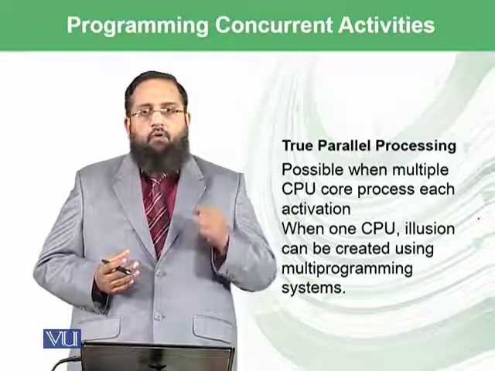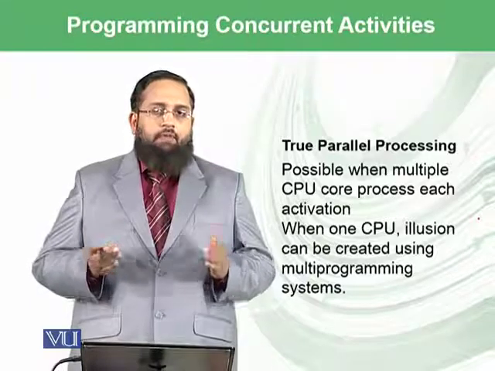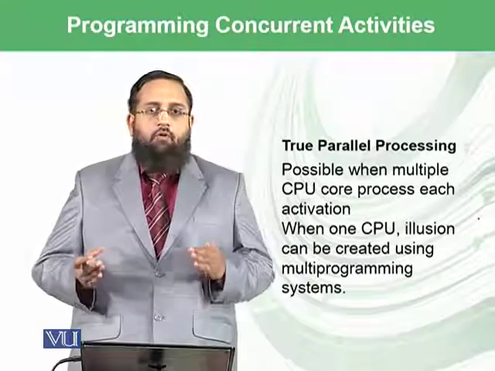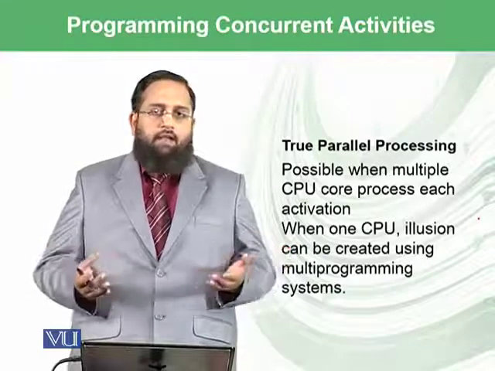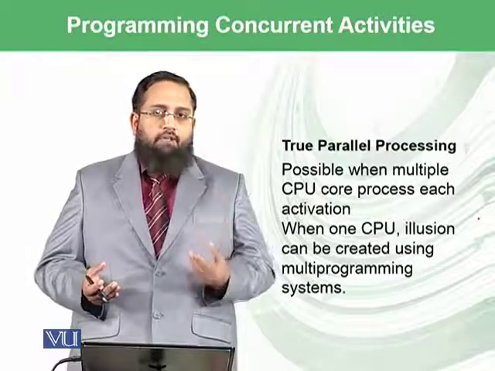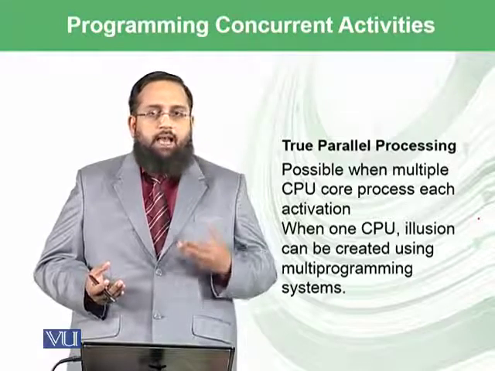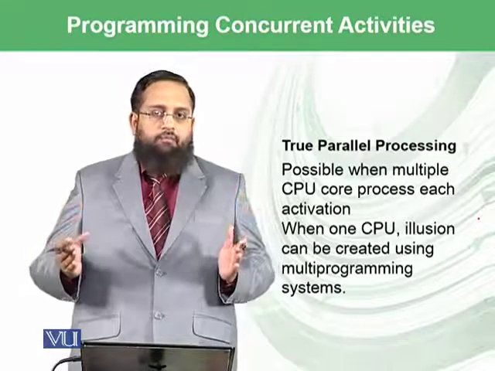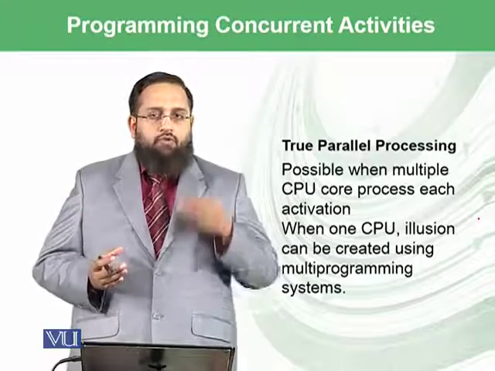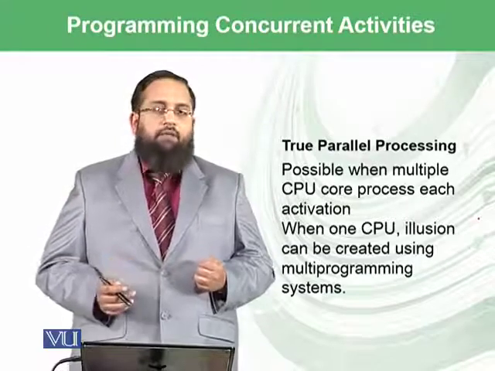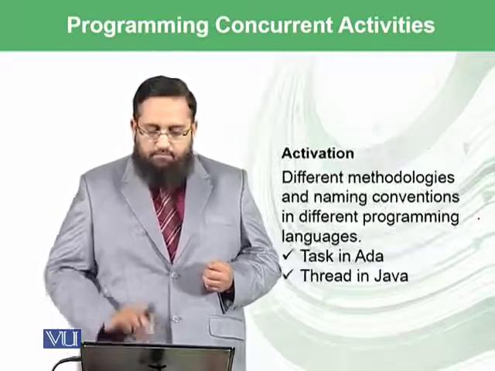However, when we have only one CPU, as you can see in our computers, whatever we use at our homes or offices, they do not have many CPUs and we cannot afford that. So we have only one CPU, or we might have 2 or 4 CPUs, and then there are many objects or many concurrent activities which we want to perform. Such an implementation can be done using multi-programming, which we discussed some time ago.